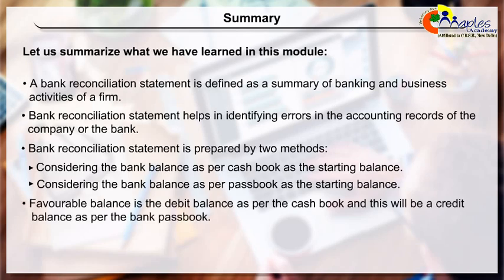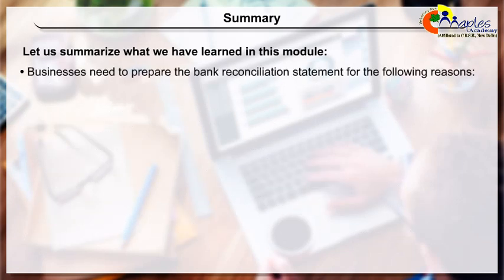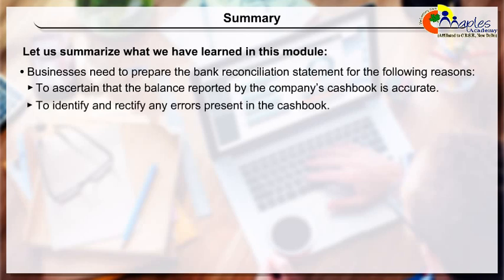Favorable balance is the debit balance as per the cash book, and this will be a credit balance as per the bank passbook. A book in which all cash or check receipts and expenditures are recorded is called cash book. Businesses need to prepare the bank reconciliation statement for the following reasons: to ascertain that the balance reported by the company's cash book is accurate, to identify and rectify any errors present in the cash book,